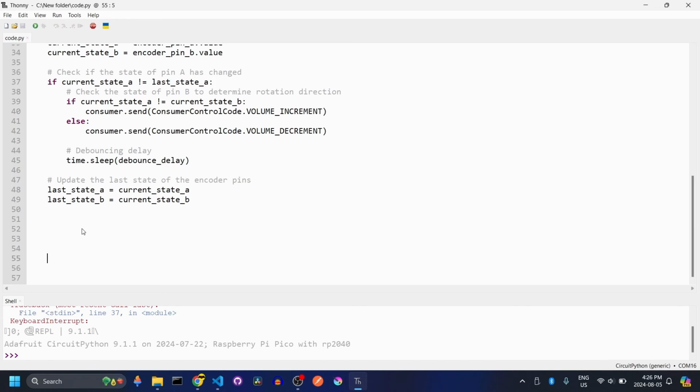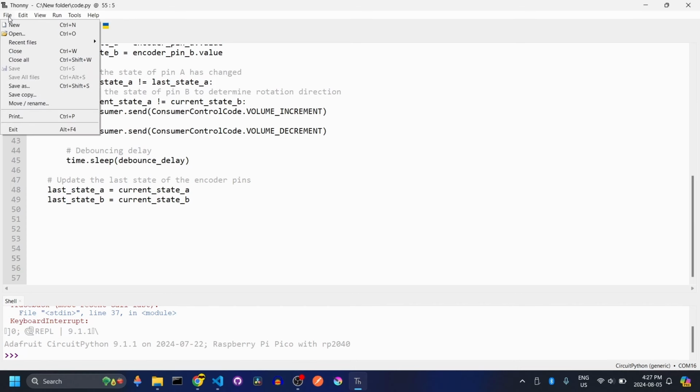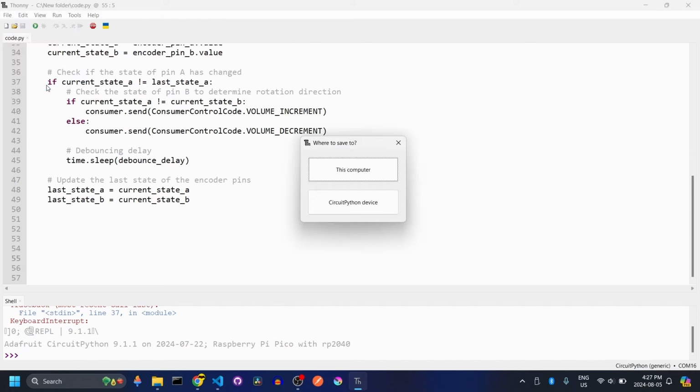So now one more thing. I stop the code, pressing this button. We need to install this code to our board so that when we connect it to the laptop, it will run automatically right away. So how do we do that? We need to install this code to our board. That means we will go to File, in the left upper corner, Save As, and we need to choose where to save: this computer or CircuitPython device. Of course, we choose CircuitPython device,